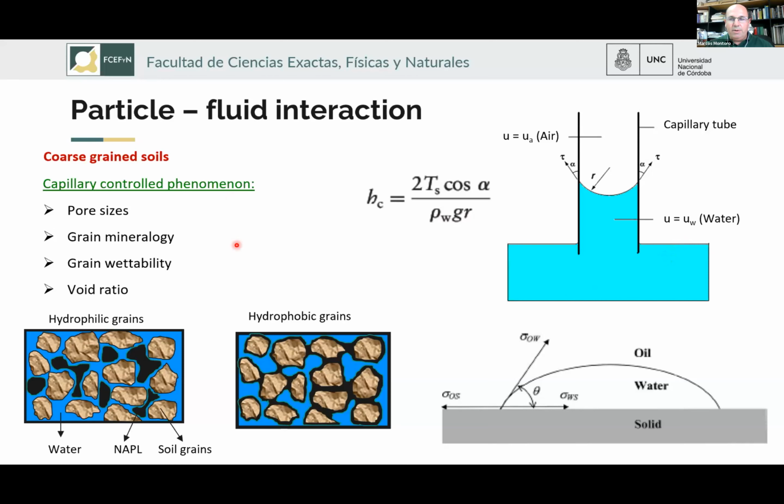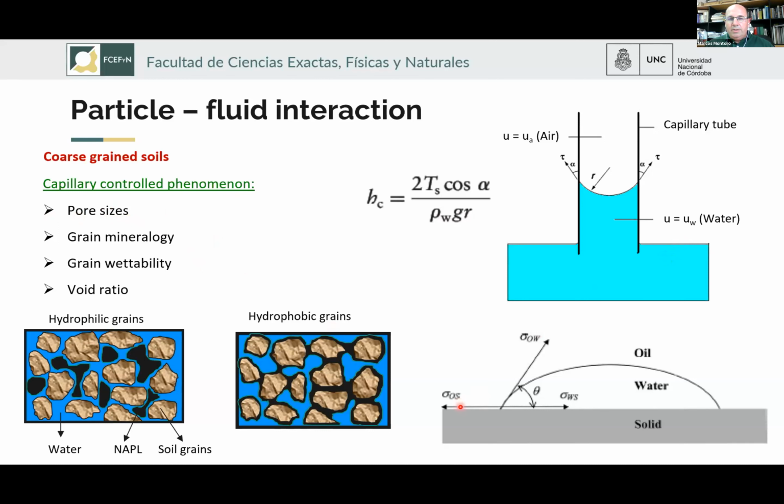In that case, we should mention and highlight the effect of particle size and particle size distribution on the pore sizes of the soils that control the geometry of the meniscus. And in the second place, the contact angle or grain wettability,